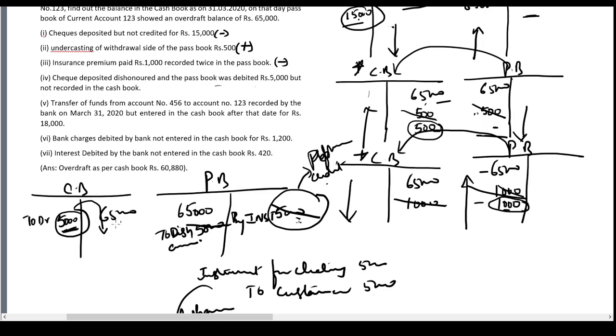So now what will happen? We start with the credit balance. There is a debit here. So the balance will reduce here. The balance is relatively higher here. What should I do to the passbook to make it equal to cash book? I have to reduce it by 5000 rupees. I should reduce the passbook balance by 5000 rupees.